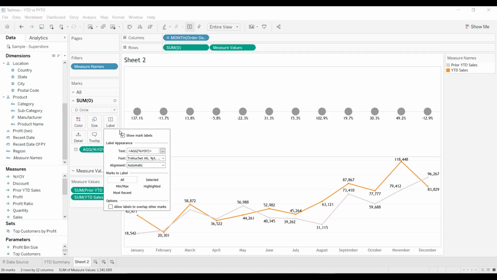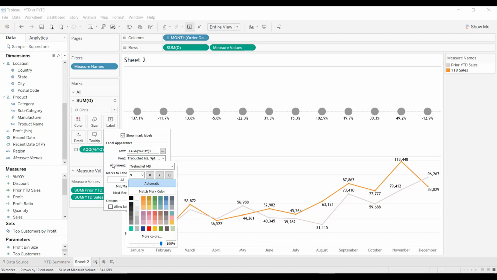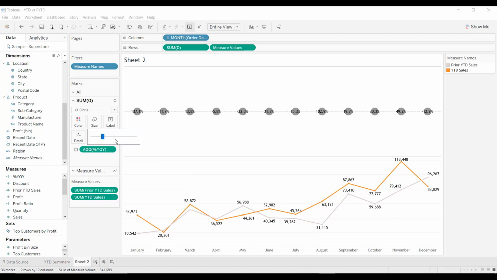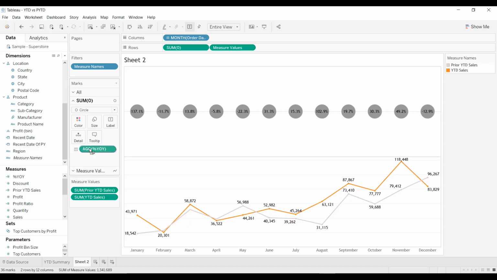Let us align the text to center. Let me increase the size of that circle. And again I want to give color to that circle.